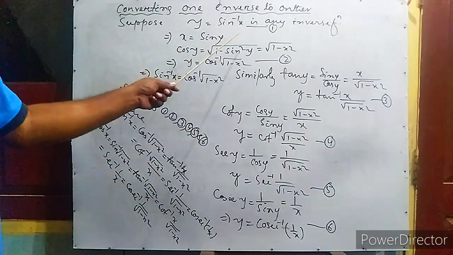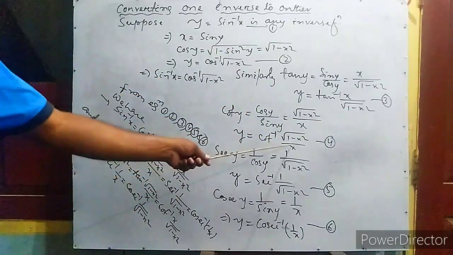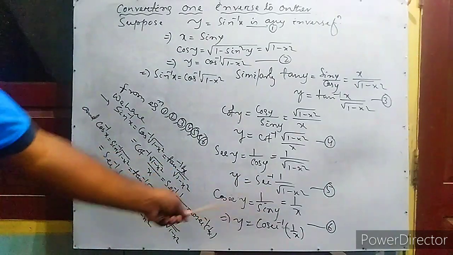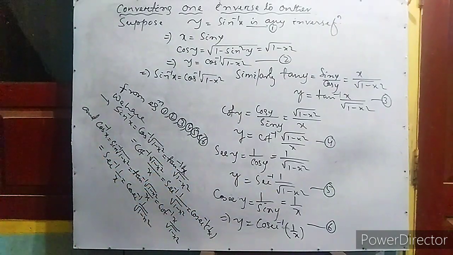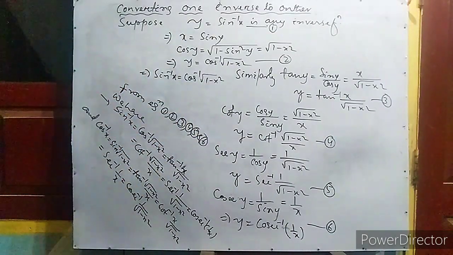y equal to sin inverse x, y equal to tan inverse x, y equal to cot inverse x, and y equal to sec inverse x and y equal to cosec inverse x. All are the values of y. On the left hand side all values are equal, therefore the right hand side values are equal. So out of the equations 1, 2, 3, 4, 5 and 6 we have the final result: